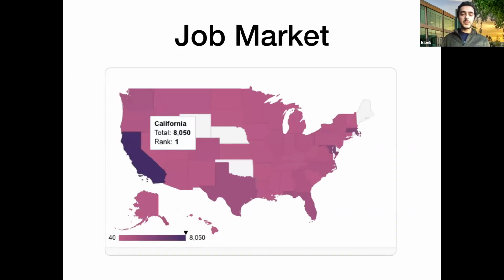And if you look at the job market, especially in the US, the place where you see the biggest growth, biggest opportunities for a bioinformatics career is in fact California. If you look at this map, there are some states in the East Coast, some in the South, but by far the darkest color here in terms of job market is California. So